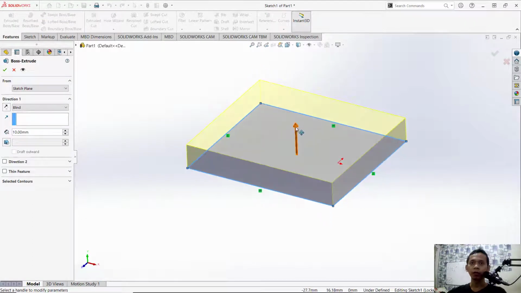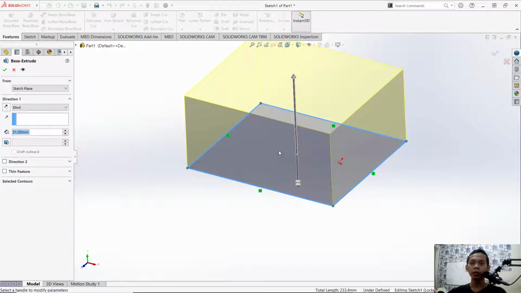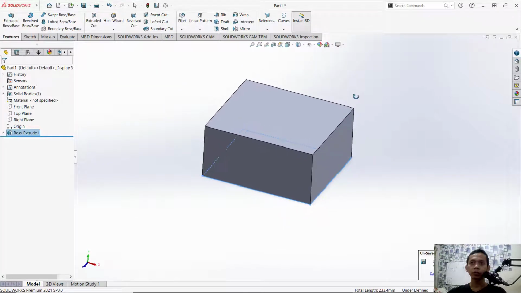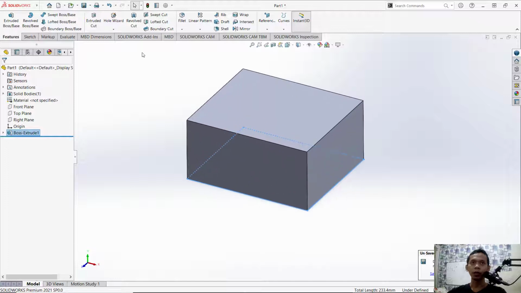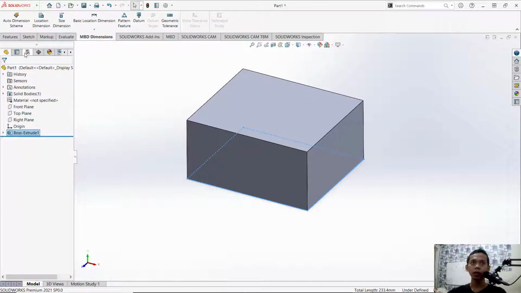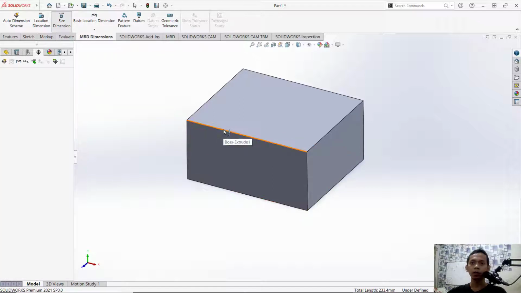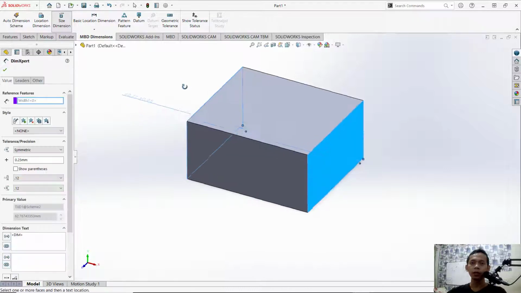Okay, you can move to the top, and then in here we use units in millimeter, and you can click OK. Next we can set dimensions on this 3D model. You can click smart dimension and you can click size dimension. Okay, I will click at this point and you can move into here. So you can see the size is